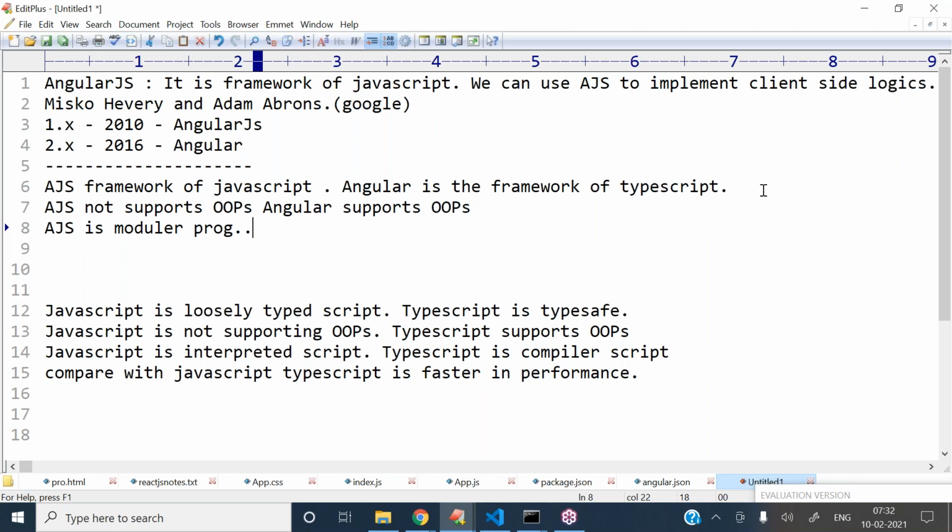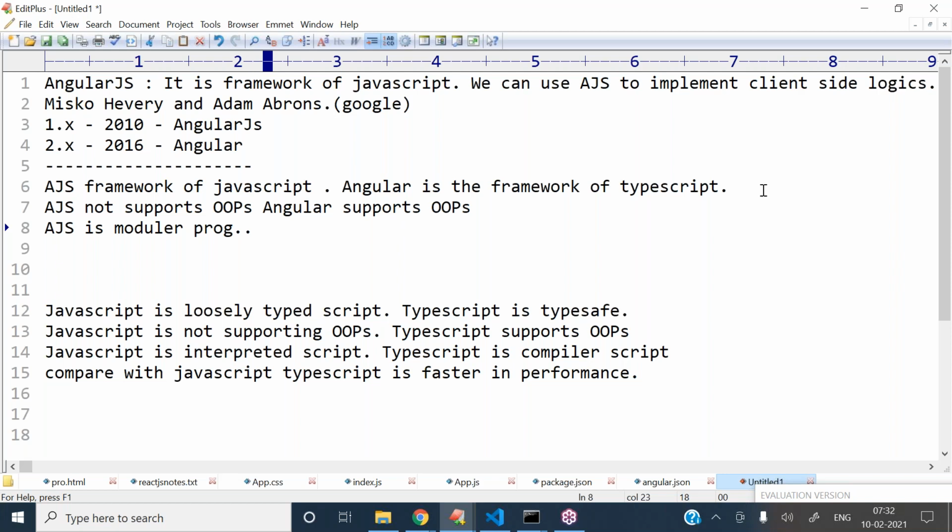What is that? Modular programming means we are creating the modules, so everything is nothing but one module. Means logics we are defining in the form of modules. These modules we are creating with the help of functions.